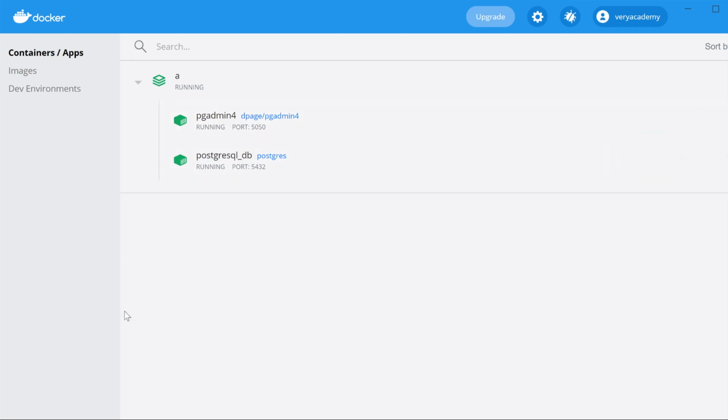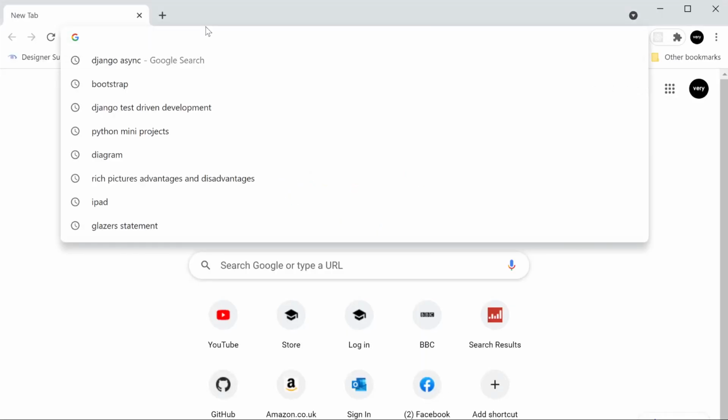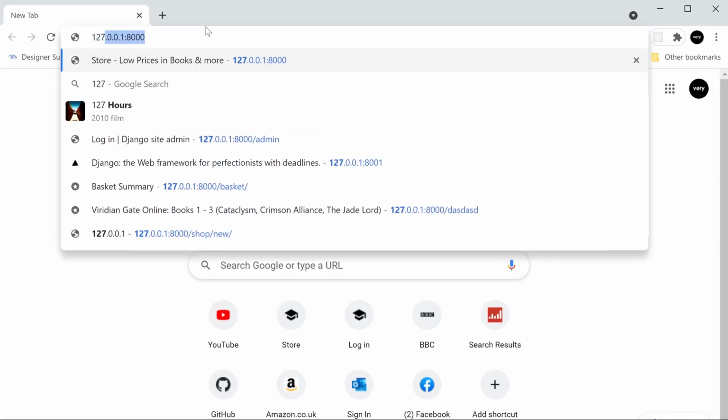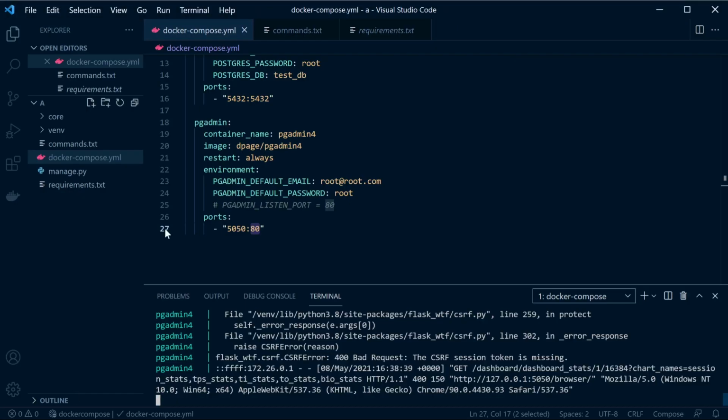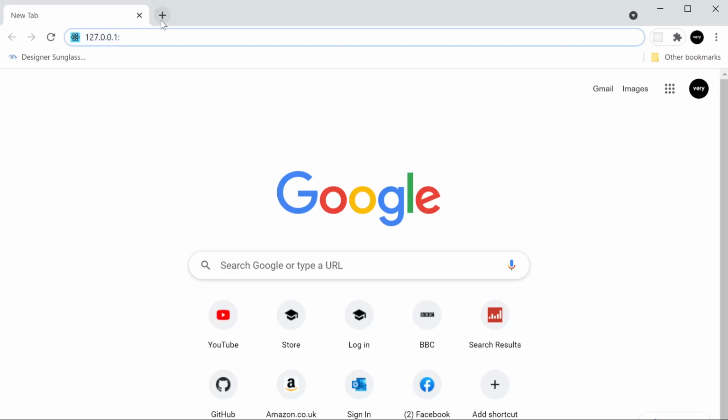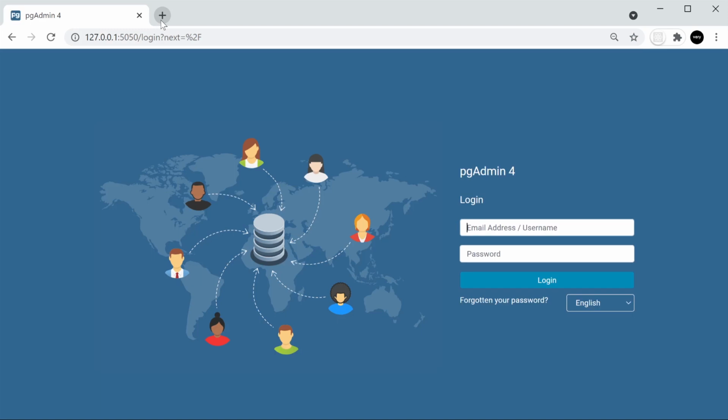So what we can do now is open up a browser. On our local machine, we're going to type in 127.0.0.1, a loopback address, and then we're also going to need to include the port. I can't remember what the port was, so let's have a quick look. It's 5050. Right, so that's the port. That's now going to map us across to our pgAdmin container, and you can see we're now accessing